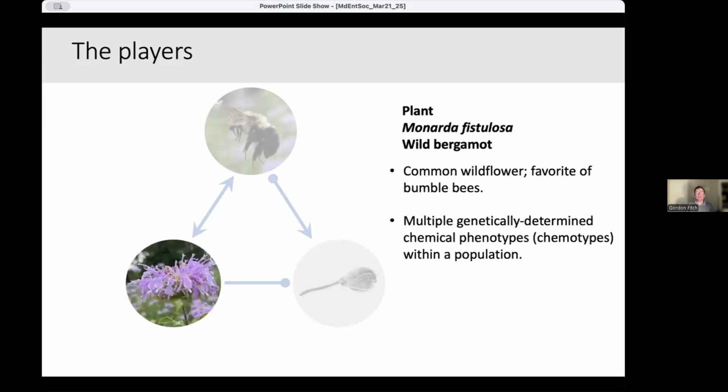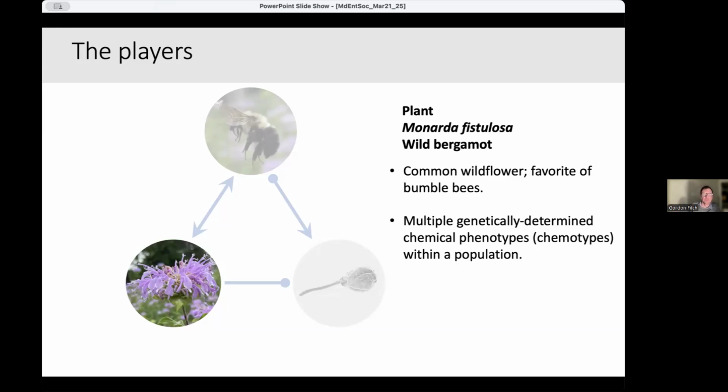And then the plant that we've been working with is Monarda fistulosa, or wild bergamot. So this may well be familiar to many of you. It's common across Eastern North America, going into the Rockies, more or less. And the thing that's really cool about Monarda, that is the reason that I focused on it, other than it